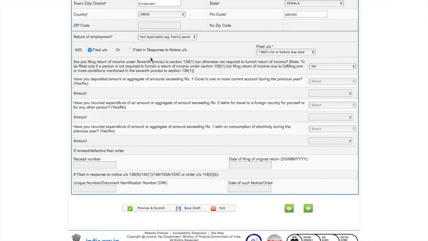Who have spent more than 2 lakh on foreign travel for self or any other person. 3. Those who have paid more than 1 lakh as electricity bill in financial year 2019-20. If any of these 3 conditions is satisfied, you have to select yes here and give the details of the deposit or amount spent in the columns here. I am selecting no here.